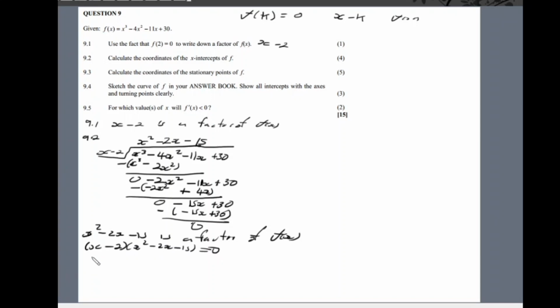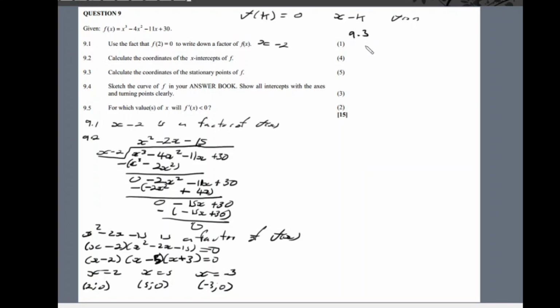Okay, and then here I'll just factorize x squared minus 2x minus 15. It will be x minus 5 and x plus 3 equals to 0, and then x will be 2, or x will be 5, or x will be minus 3, right? So these will be the coordinates of my x-intercepts: 2, 0, 5, 0, minus 3, 0, right? And then say 9.3,